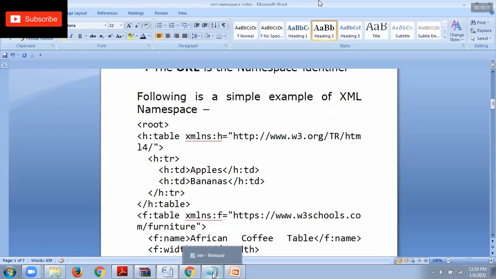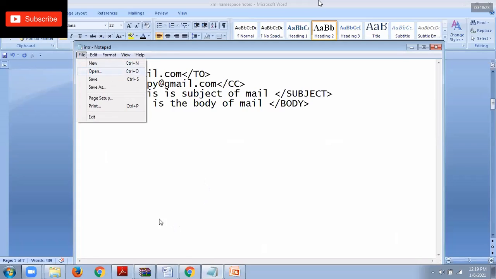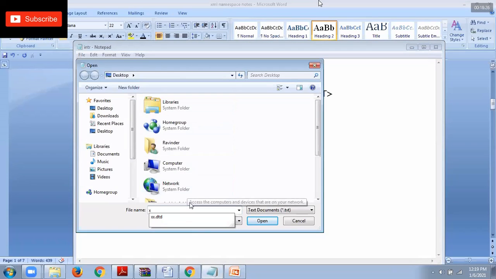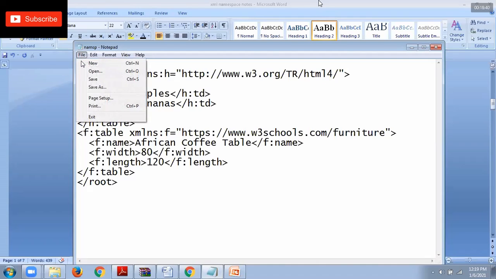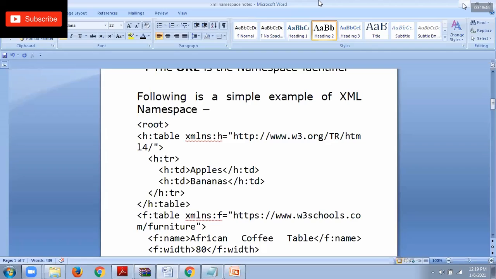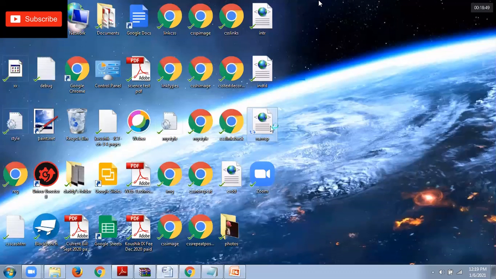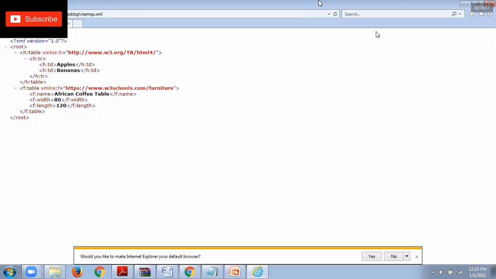Now in the same way, just enter this code in your text editor. So XML namespace, this is the code. Then save as .xml, whatever the name you are using. Then open it from your browser, namespace.xml. So this is your particular